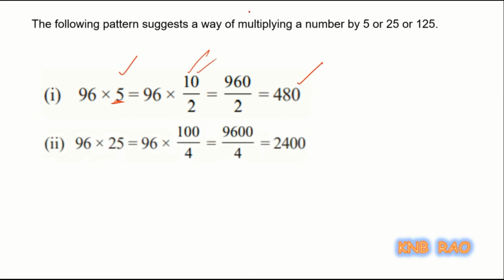Similarly, in the next case, suppose a number 96 is multiplied by 25, this 25 can be written as 100 upon 4, whereas this 4 cancels with 96. So 4 24s are 96, that 24 into 100, 2400. Similarly, you must be getting, sir, if this is even only, then it cancels with the 2, 4 and whatever the even numbers. So need not be panicked.